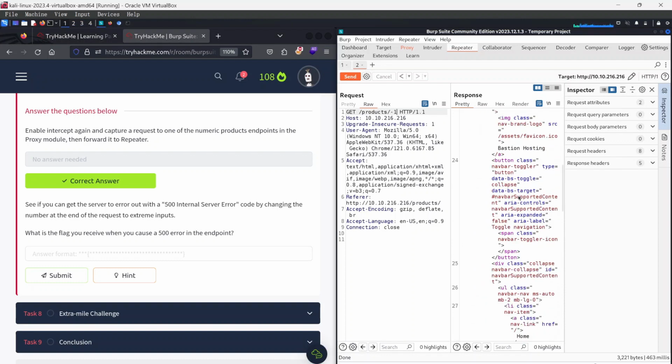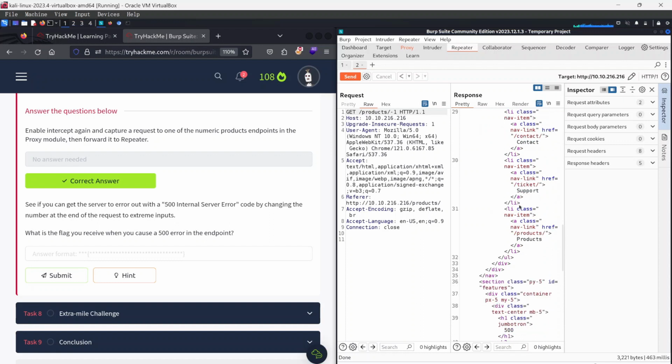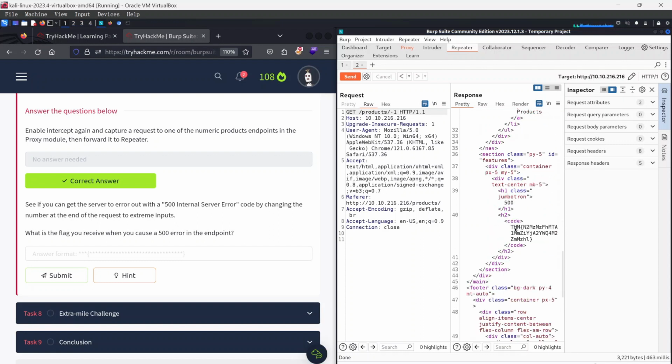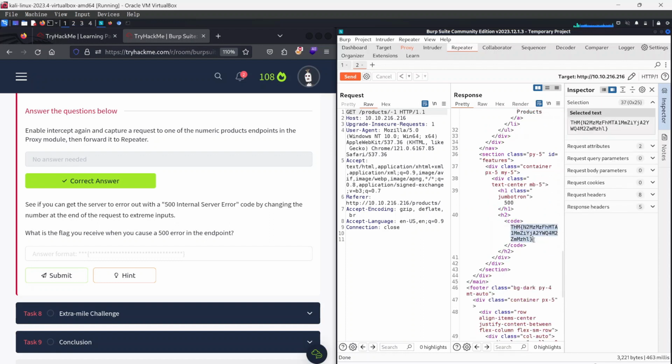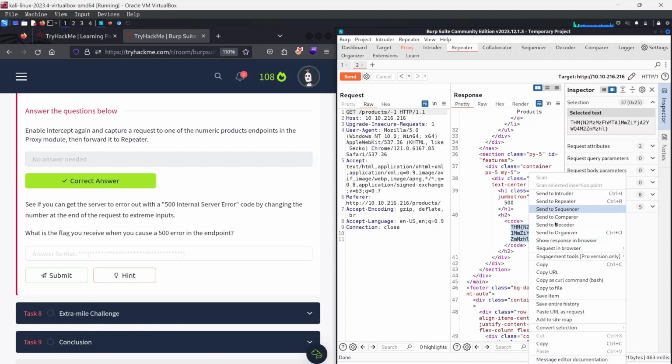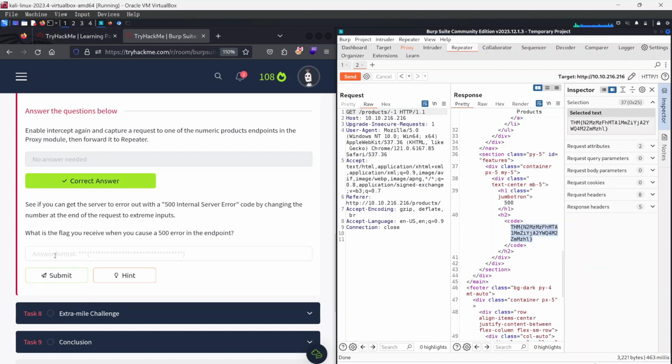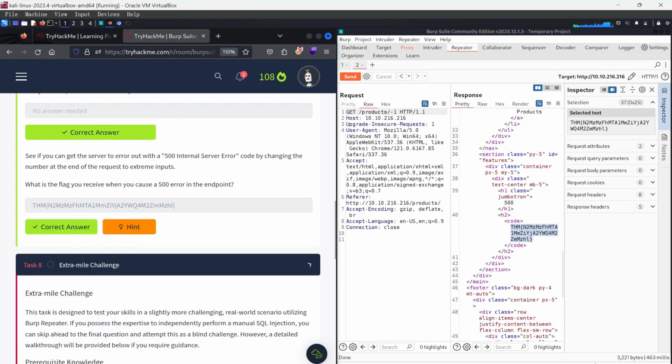So if we scroll down a little bit, let's see if we can get our flag. Here we go. So this is our flag right here. Copy that, and let's insert that here and hit submit. Okay, now let's head on to task 8,